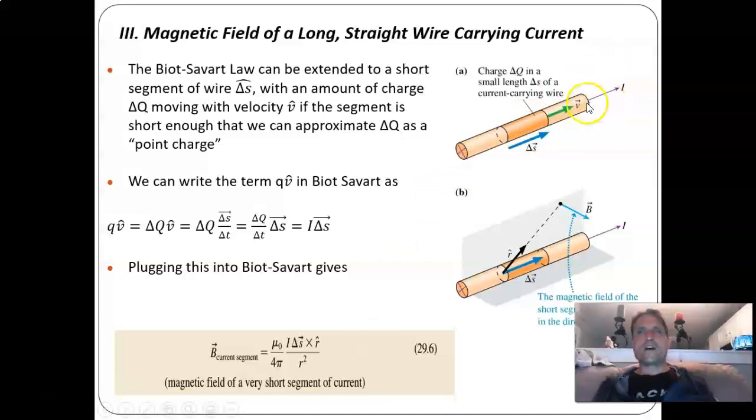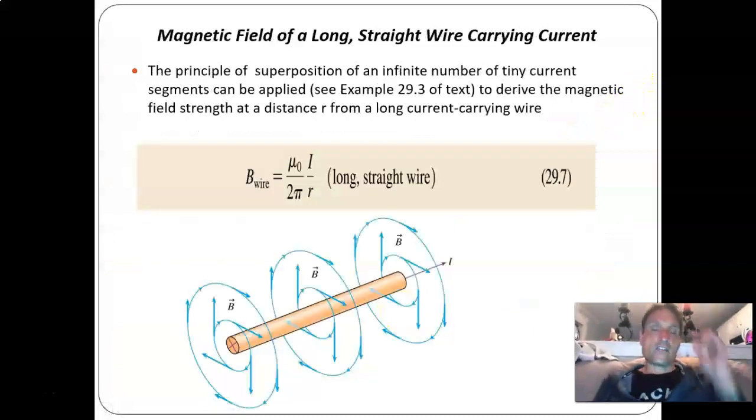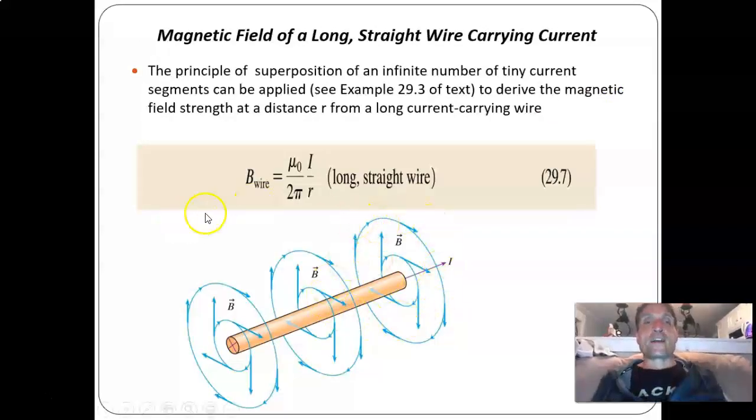Well, the main use is that we can model a long wire, which is a realistic wire, in terms of many little short wires, and we can apply superposition as the sum of all the magnetic field contributions due to all of these little elements of current. So a long wire is just a sum of all these little segments. And your author does this in example 29.3, and he shows that the magnetic field strength, the magnitude of B,